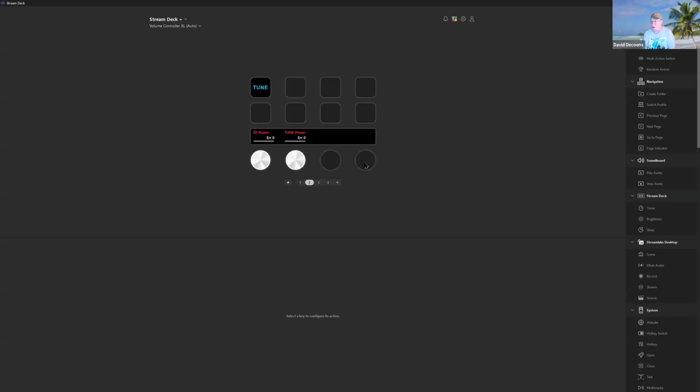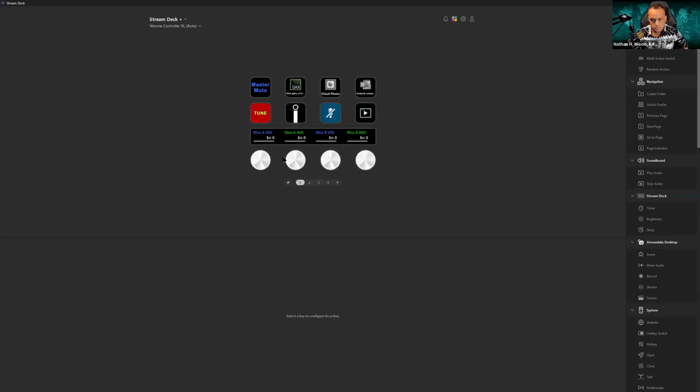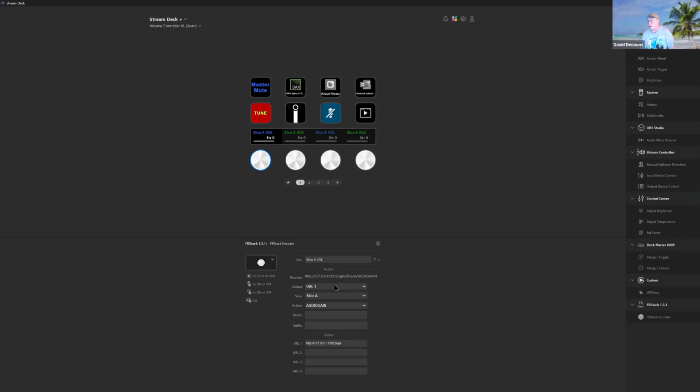Then on the second page, I had an RF power and a tune power knob. Are those buttons pressable like they are on the Maestro? Yes. You can press them, and then it would actually, a key down on a button, you could sit here and set the key down on what it does. So again, the action is audio gain, slice A, and